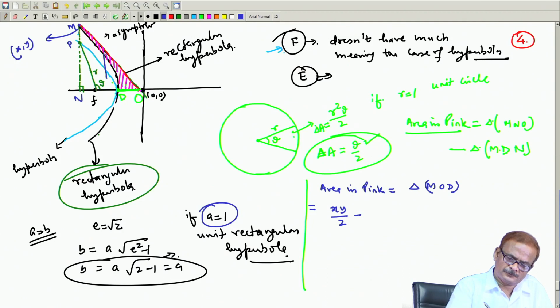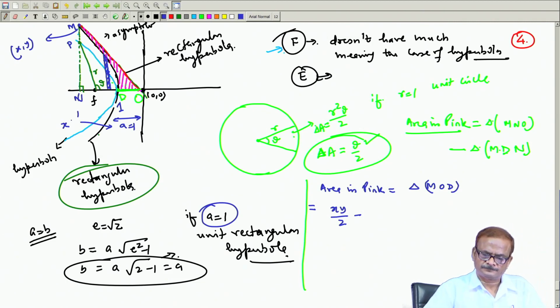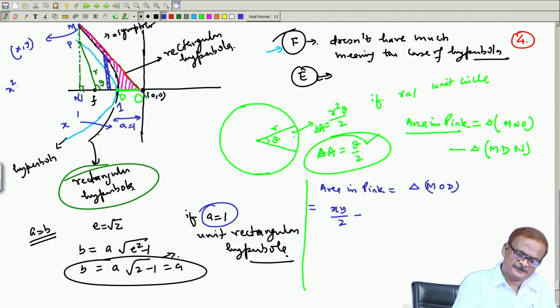means we have to draw an area like this, an elementary area, and integrate it, and this point if we write as 1 in the case of rectangular hyperbola. So, this is your A equal to 1. So, from this point to this point, we have to integrate, where this is the point we are writing as x. Okay. So, then this area becomes,